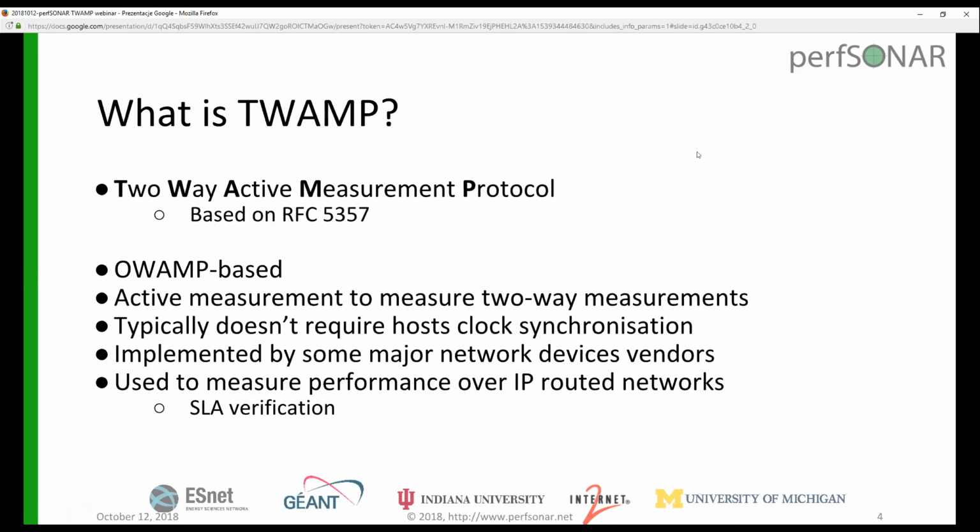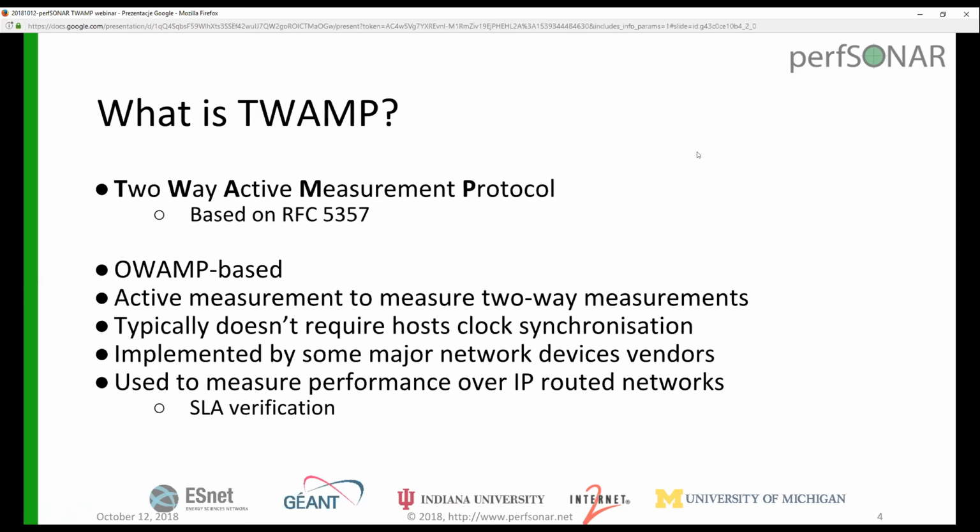But as you will see in the next part of our session, this can also be used with perfSONAR. And finally, since TWAMP is a layer 3 protocol,